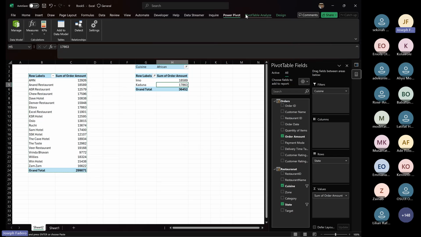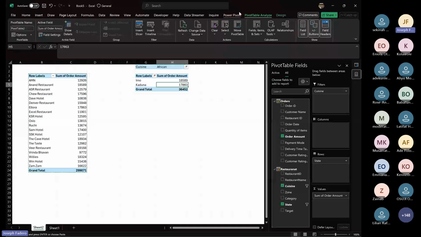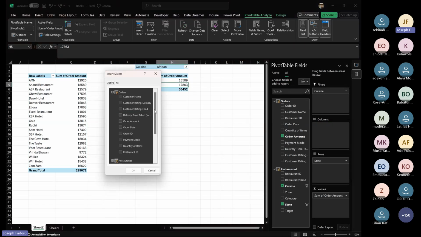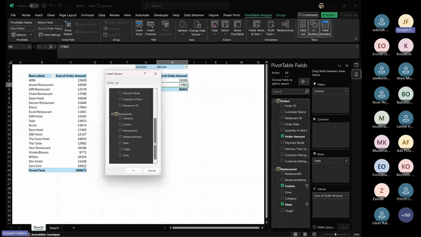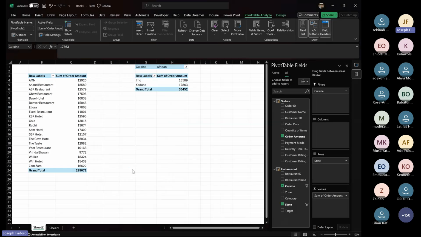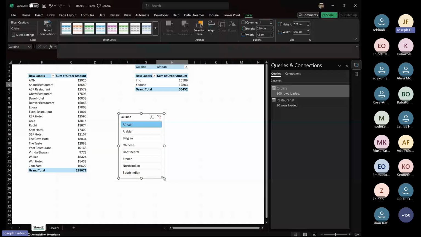Contrary to filter, you can use something called a slicer. Under this pivot table analyzer, I can include a slicer. Under this slicer, I can click down and select cuisine. This selects the specific type of cuisine I want to see. Right now, we can see the cuisine options right here. We have the African, Arabian, Belgian,